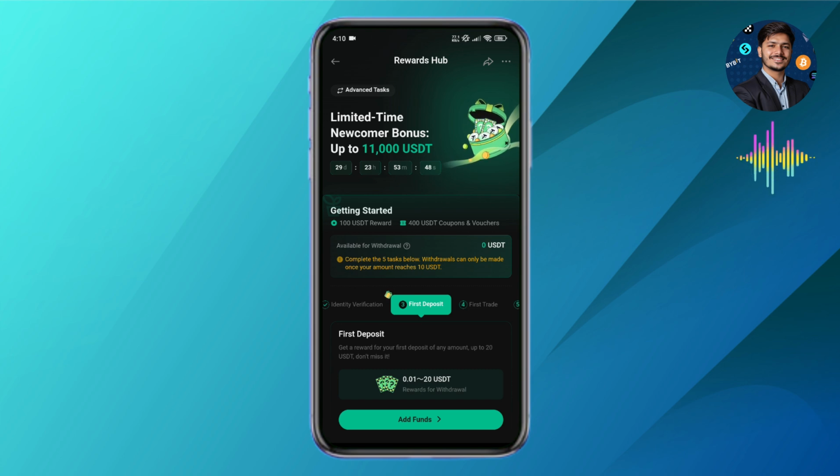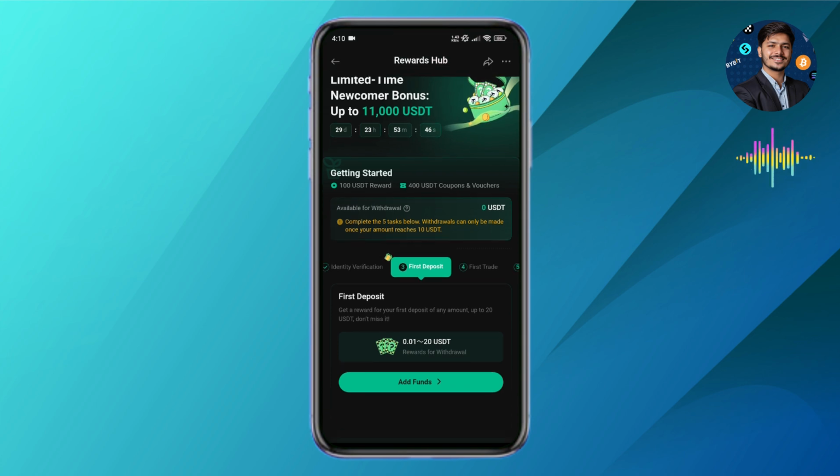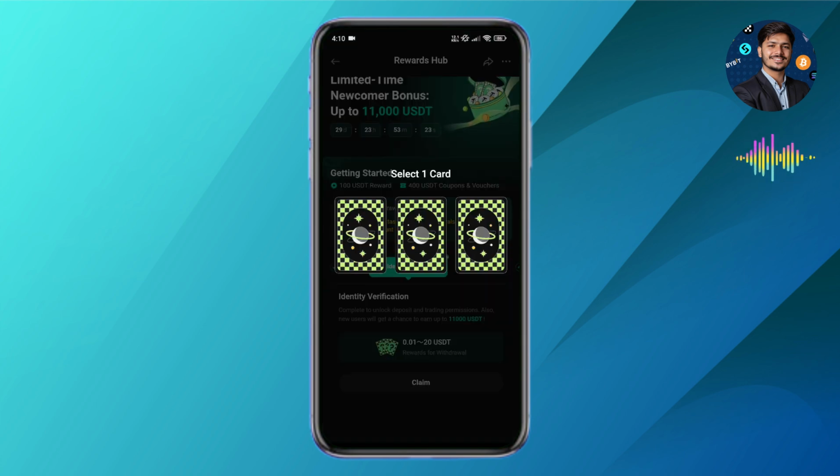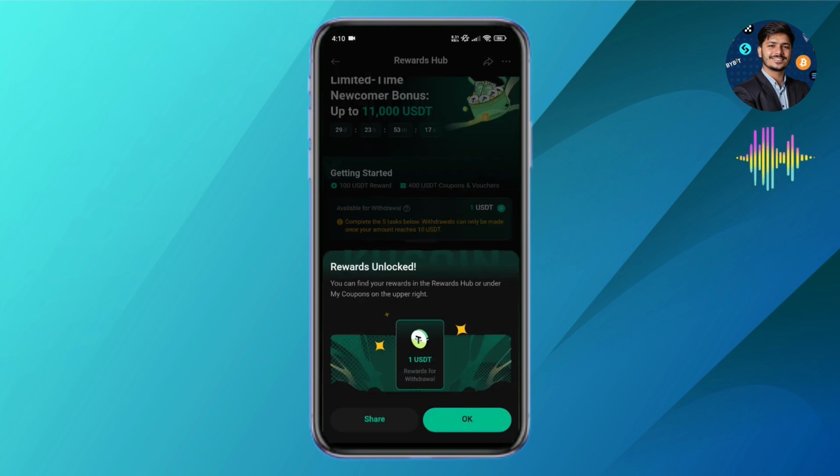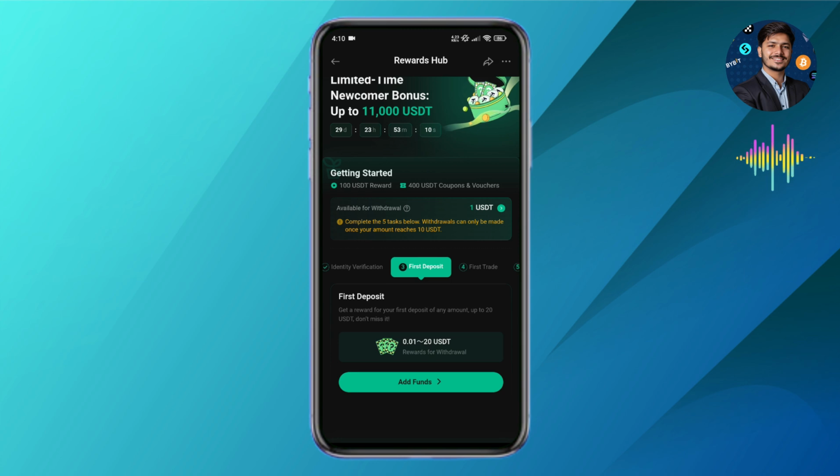In the rewards hub, you will see a list of tasks like identity verification, first deposit, and first trade. As the video demonstrates, once you've completed a task, a claim button will appear next to it. When you tap claim, you will get to play a little game where you select a card to reveal your prize. In the video, we see this done for the identity verification and sign up tasks, unlocking a few USDT